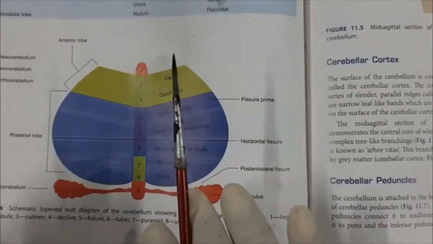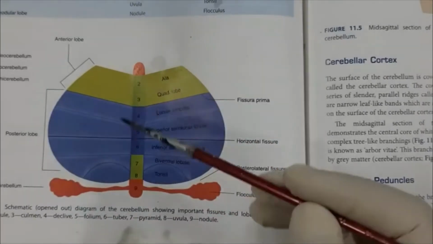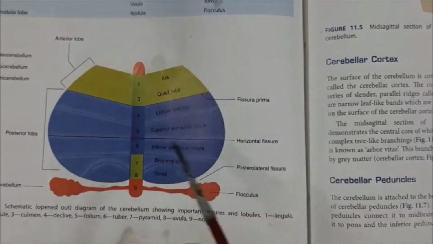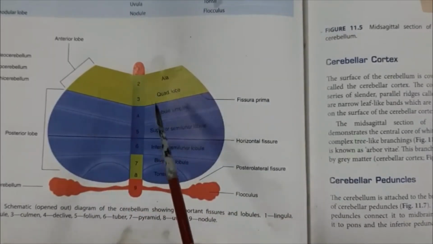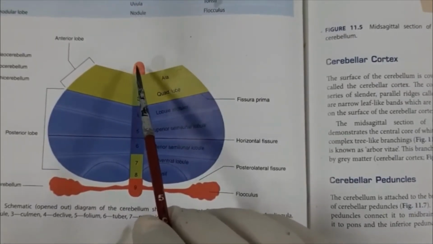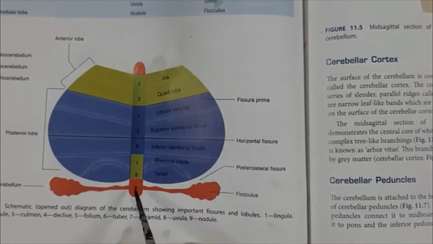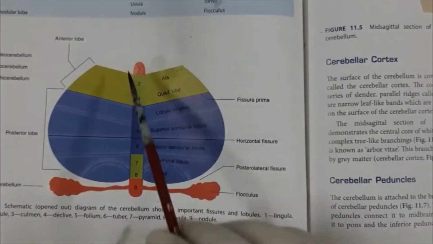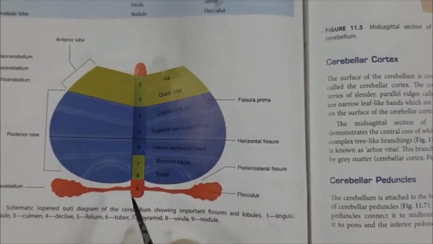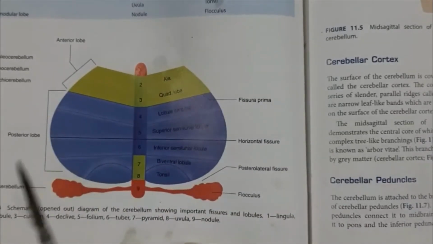Now I will use this same diagram to show you why these lobes, lobules and vermis are given different colors. Let us come first to number 1, that is the lingula, and here number 9 is the nodule and flocculus. They are given a separate color, because these 3 structures, the nodule, the lingula and the flocculus, the flocculonodular lobe and lingula, collectively form one part of the cerebellum. We will just classify it.